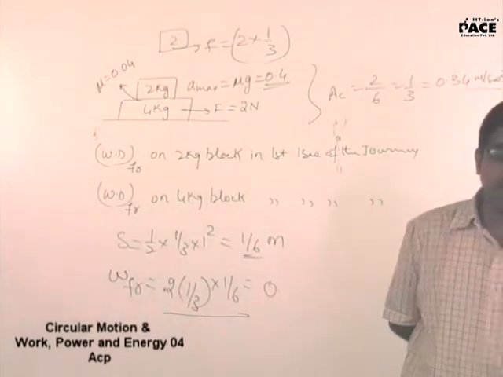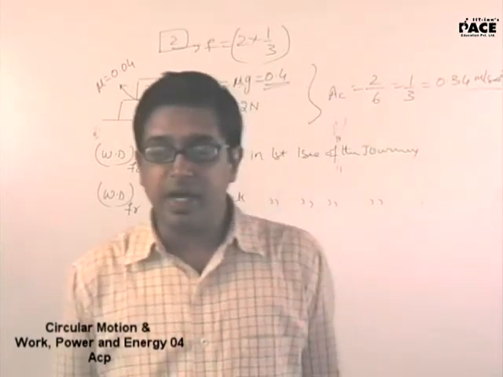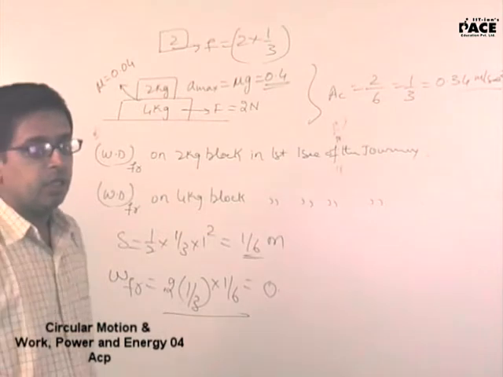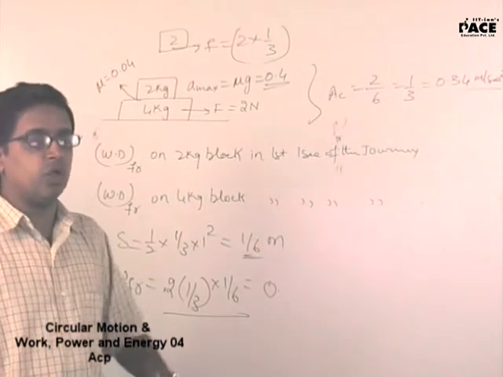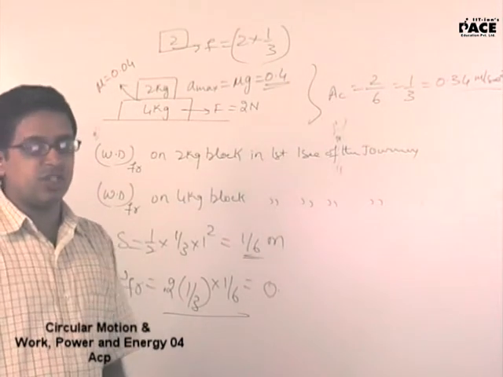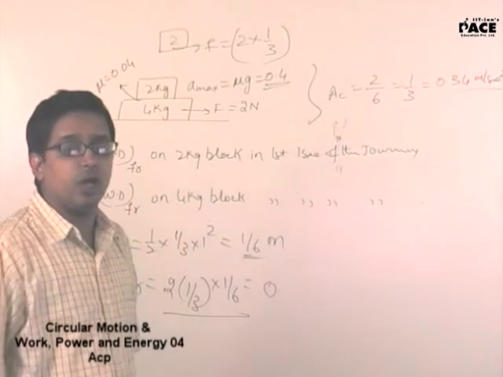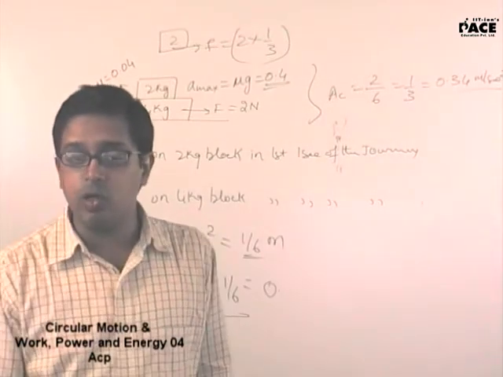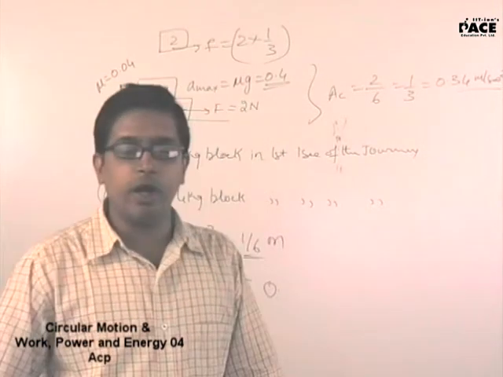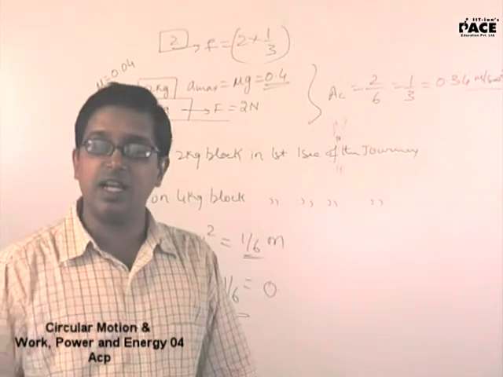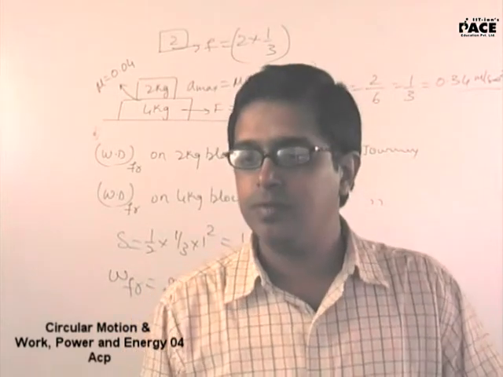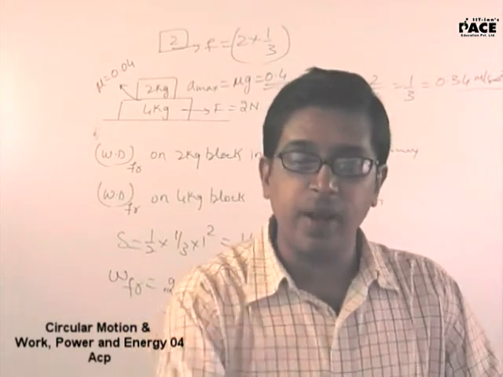One more important parameter. Work done is frame dependent. Work done is always frame dependent. Why is it frame dependent? Suppose you and I are sitting in a train facing each other. Now according to me you are at rest, so work done by friction on you will be 0. But somebody standing on the ground is able to see the train accelerating and you are also accelerating along with the train. So according to somebody standing on the ground, you have an acceleration and hence a displacement. So work done by friction on you will not be zero. So work is frame dependent.